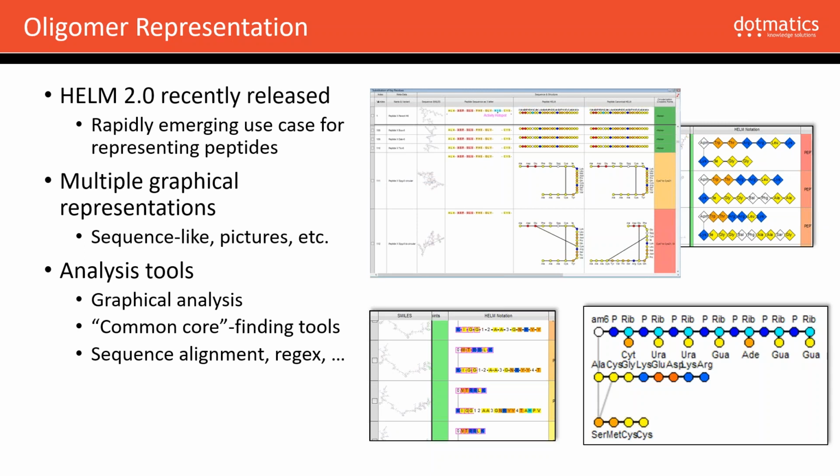There's an increasing interest in, let's say, molecules in the middle. So a lot of use cases for chemically modified peptides and nucleotides. And coinciding with that interest, there's also, out of the Stoya Alliance, which we're members of, the Helm 2.0 software has recently been released, and with that comes a lot of really nice ideas about how to graphically represent these